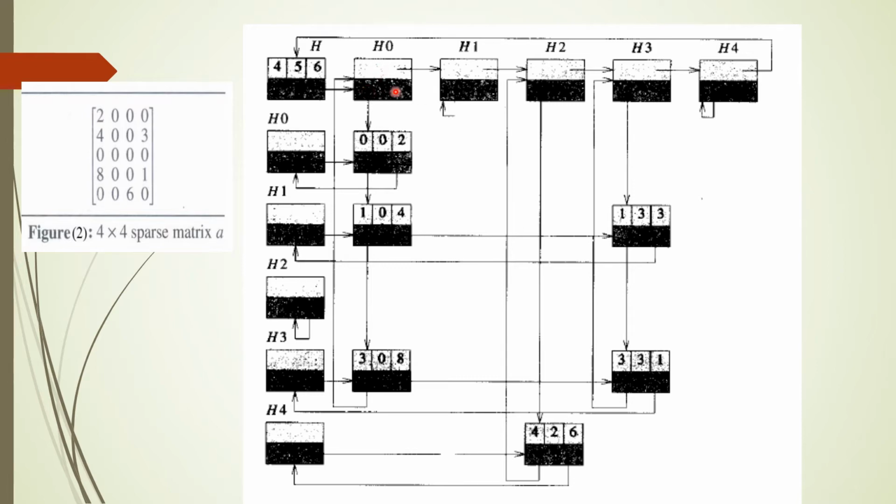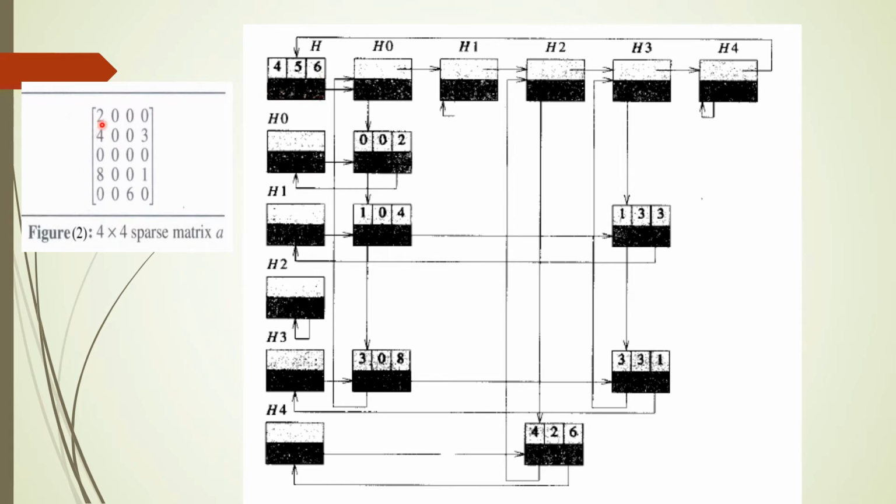As I already mentioned, the next field is used to link all the header nodes together. So here the next field is pointing to the next header node. This is the circular representation of a sparse matrix, circular representation with header node. Here it is pointing to the beginning node, that is the entry node, or you can say tag node. The tag node will have row, column, value, and down and right.